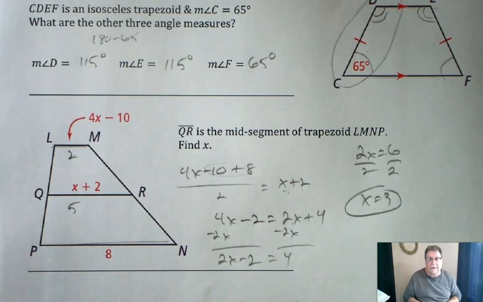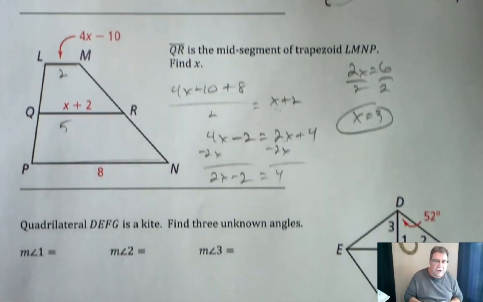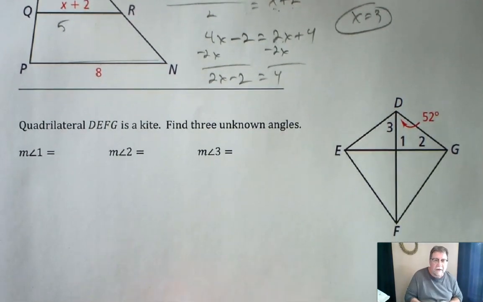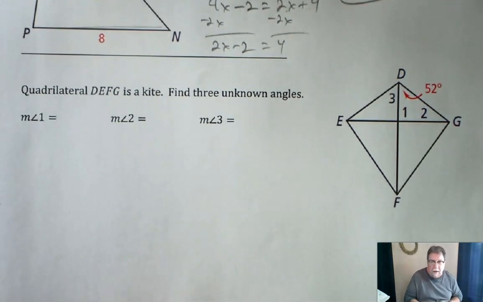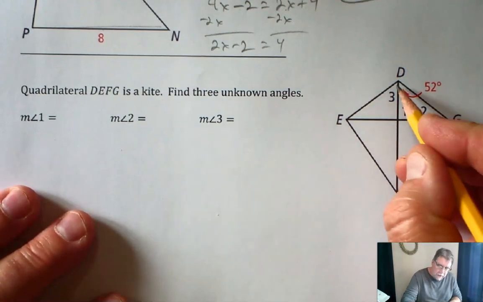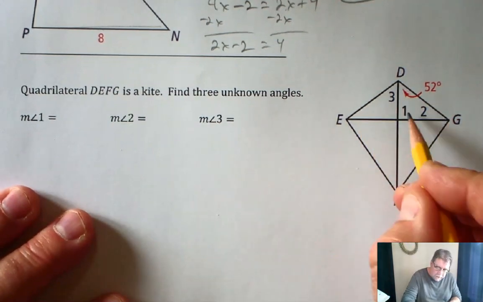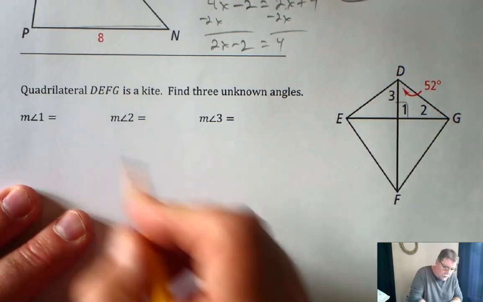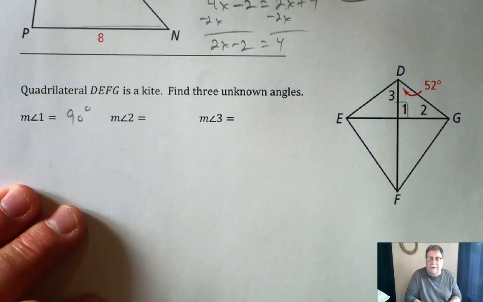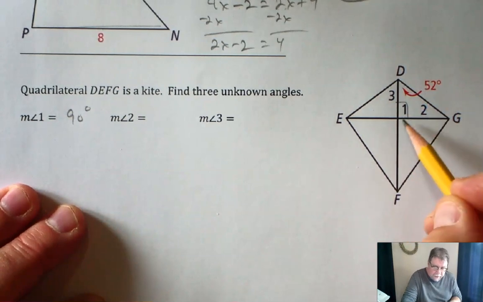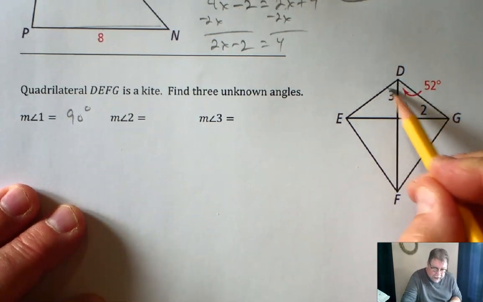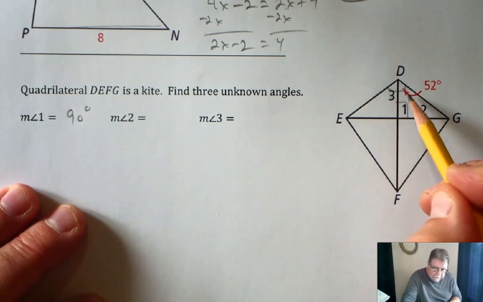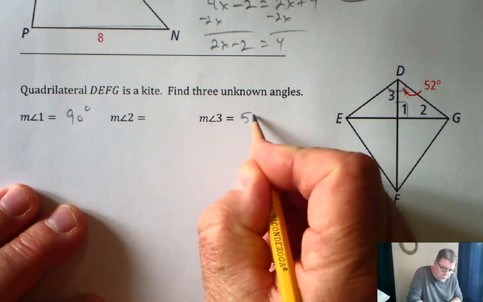And the last question would be, here's a kite, find the three unknown angles. The one thing true about a kite is that the diagonals are perpendicular to each other, so therefore this is a right angle, so angle 1 is 90 degrees. I also know that this angle is bisected, so angle 3 and 52 would be congruent, so angle 3 would